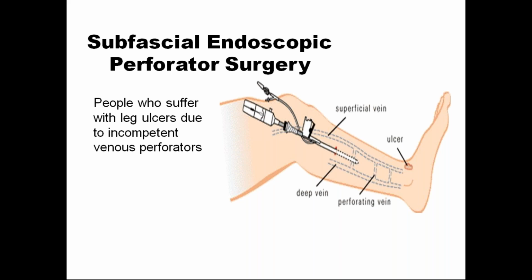Then we have to see the perforating veins traversing from the superficial vein, great saphenous vein, to the deep vein. So that T junction should be identified, and we have to ligate both the distal end of the perforator and the proximal end of the perforator, and ultimately we will ligate and cut the perforator which is incompetent and connecting the great saphenous vein and the deep vein. So that is the Linton's technique.